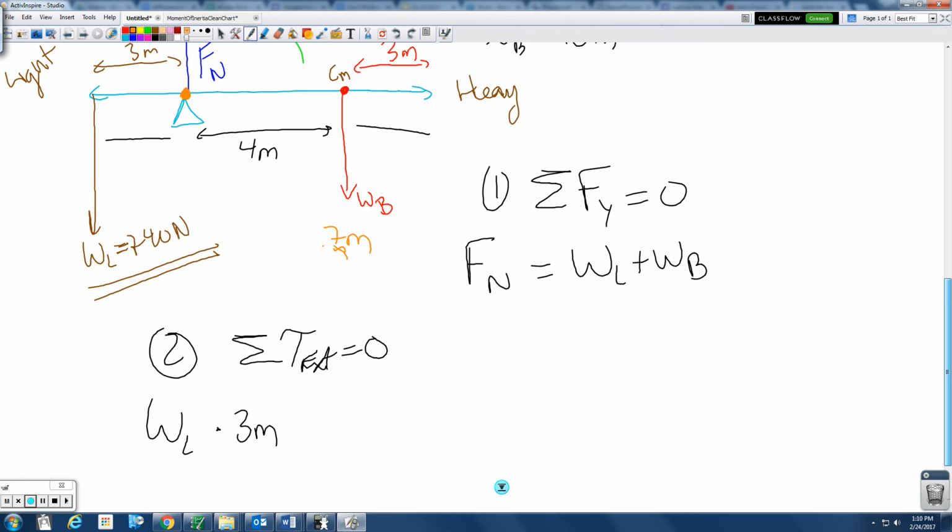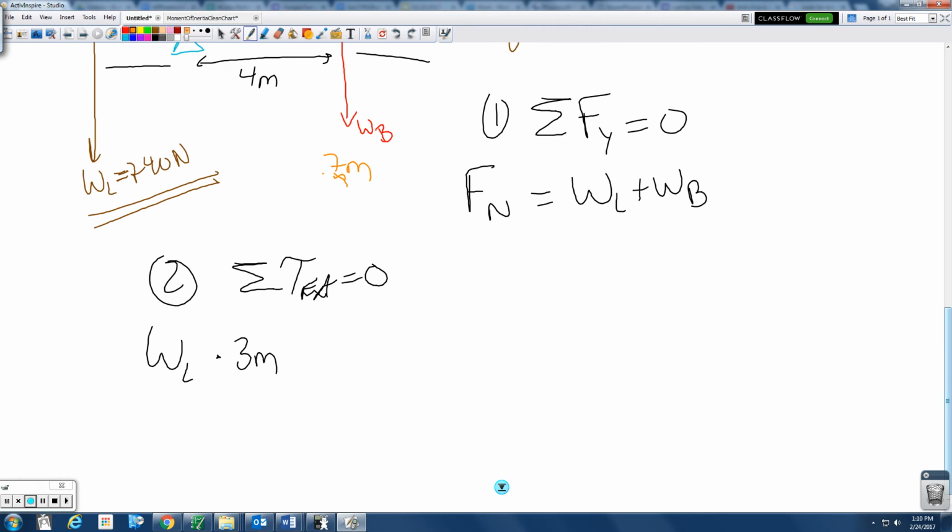So that's 7 meters I need to show the weight, the torque produced by the bar. It's the weight of the bar times 7 meter radial distance. They're both at 90-degree angles. Sine of 90 is 1. So I know